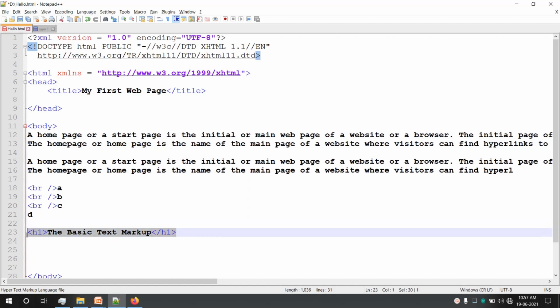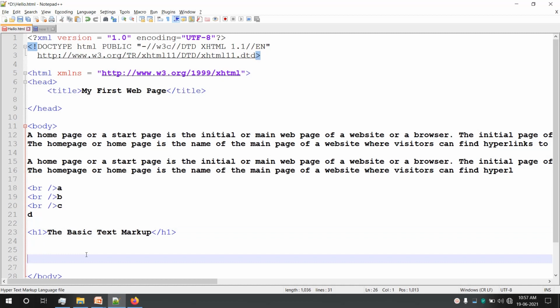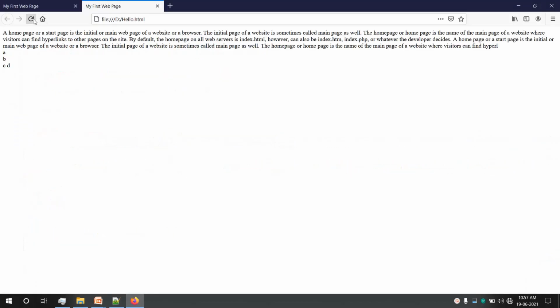Okay, so I'll copy this. Now let us execute this first and verify the output. Now you can see how it is displayed. The content of the H1 tag is displayed in larger fonts. That is why it is called a heading tag, which is used to display headings on the web page.